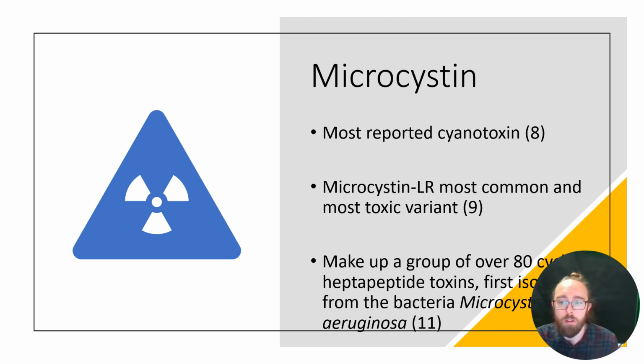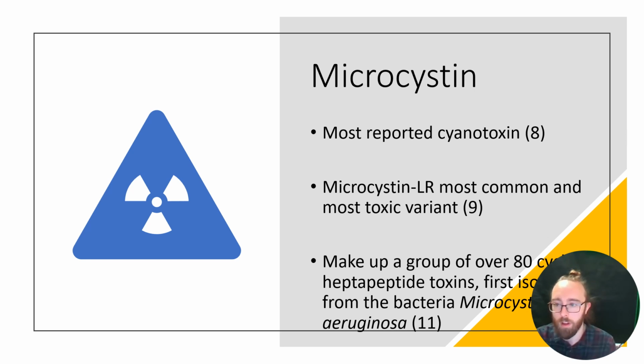The most common and possibly the most toxic variant found in the environment is Microcystin LR, or Microcystin leucine arginine. It has an abundance of toxicological data. It's the only variant with human exposure guidance information. They can potentially lead to acute or chronic health issues via increasing reactive oxygen species and the inhibition of serine threonine protein phosphatases. The liver is a typical target of Microcystin LR, although it has demonstrated neurotoxicity in several